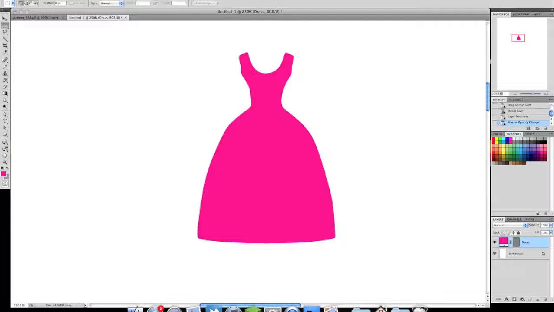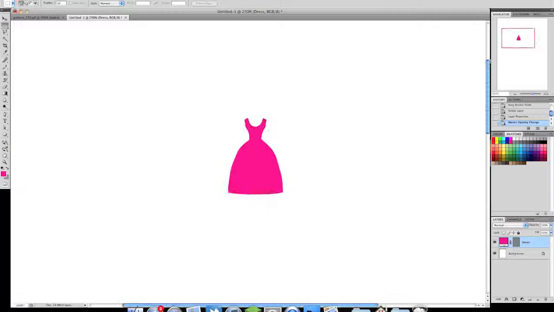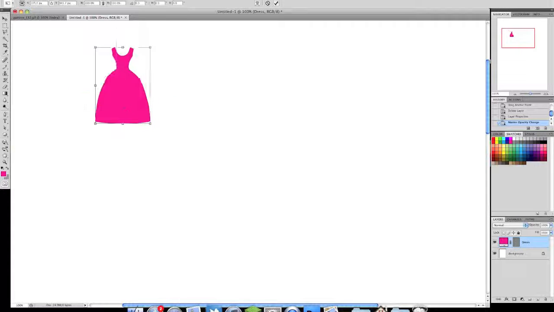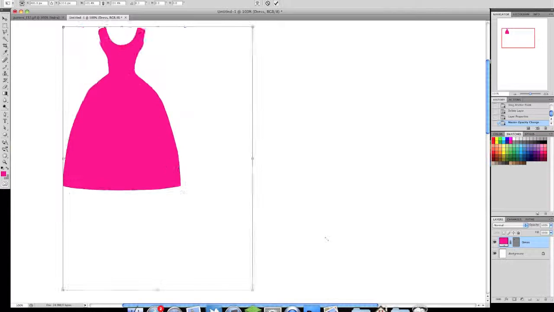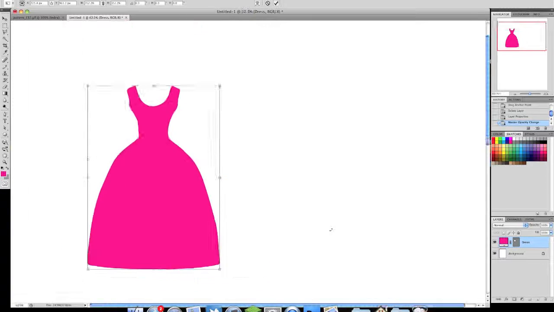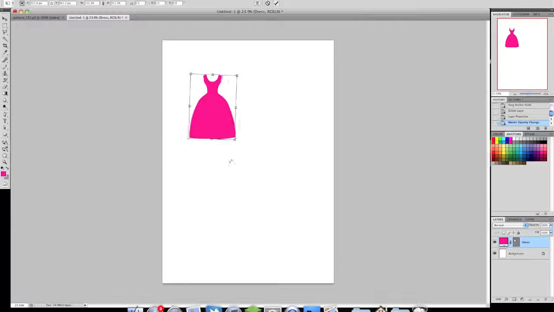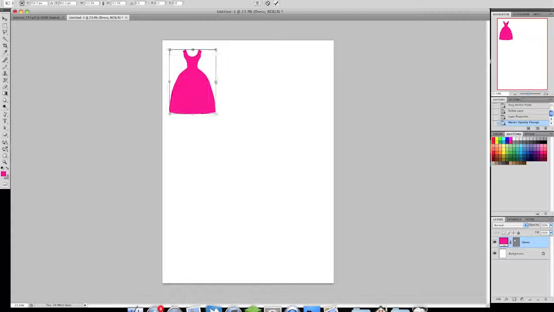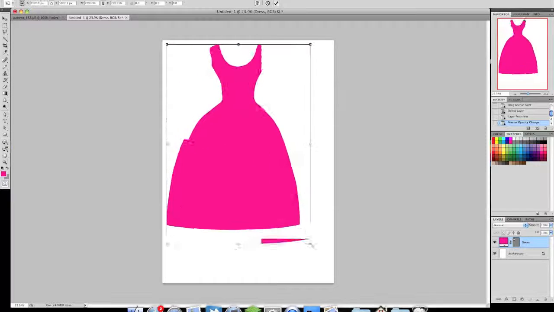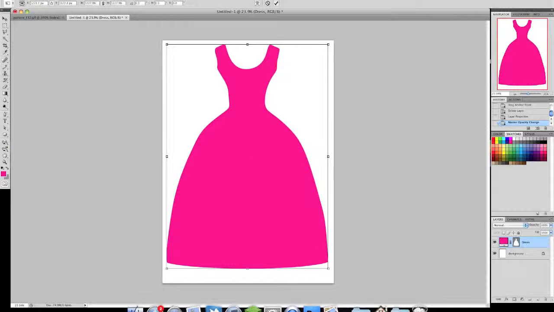So here we have a direct copy of our original scanned image, but the great thing with this is that we can use the selection tool, right click and free transform this layer, and now when we blow it up it keeps the nodes relative. So if I go back out to view my entire image, I can blow this right up and it has perfect lines. This is equally good